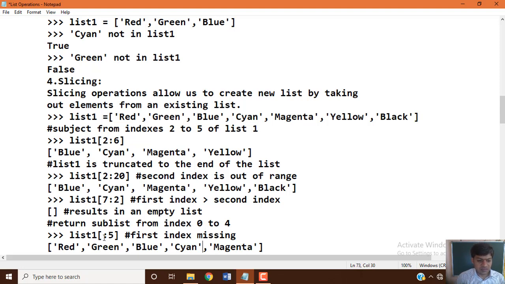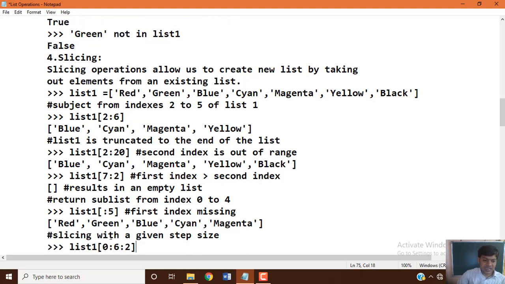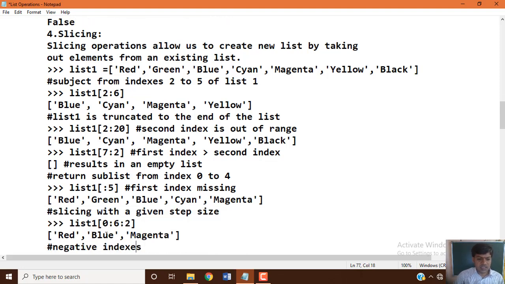See another slicing. We didn't specify the start index, which means it starts with index 0, from left to right. That is how slicing takes place. There is another parameter which we use here, the step size. It starts with 0 and goes up to 6, but the step value is by default 1, which increments by 1 each time. But if you want to specify your own step value, you can.